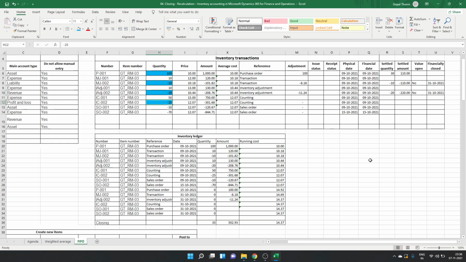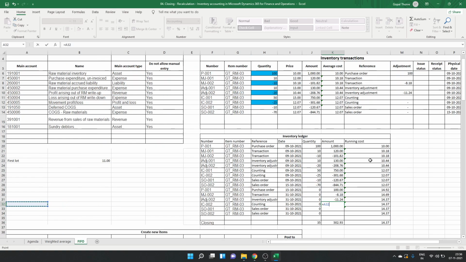Yeah, so this lot settlements, these are settled from this 100 quantity. Now for this 25 quantity, the settlement will happen at the rate of 11 rupees itself. 11 into 25 minus the system has already posted a real-time cost of 301.68, so the difference will be posted at this